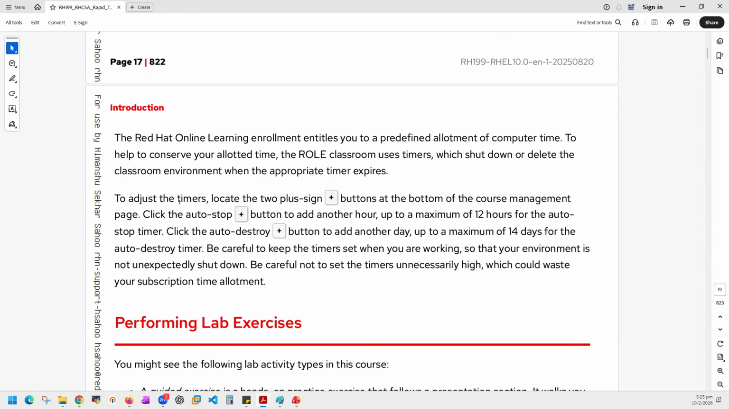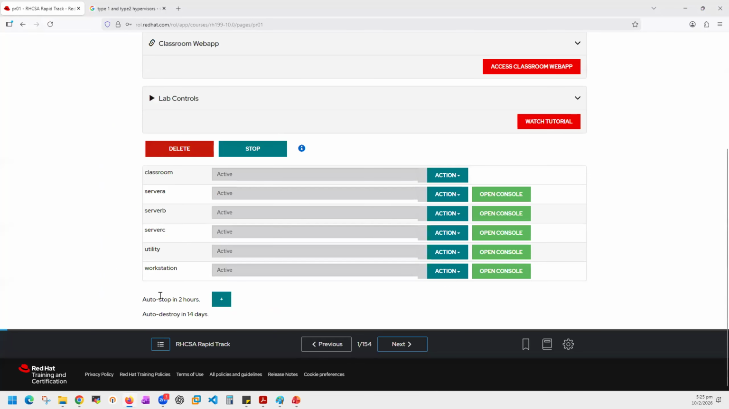And also you have an auto stop option as well. If you go to the lab, you will see auto stop and auto destroy. So auto stop, like if I forget to stop, because I told you, these are all time bounded labs. So if you forget to shut down this lab, after 2 hours your lab will shut down. If in case you want to extend the lab, you want to work more,